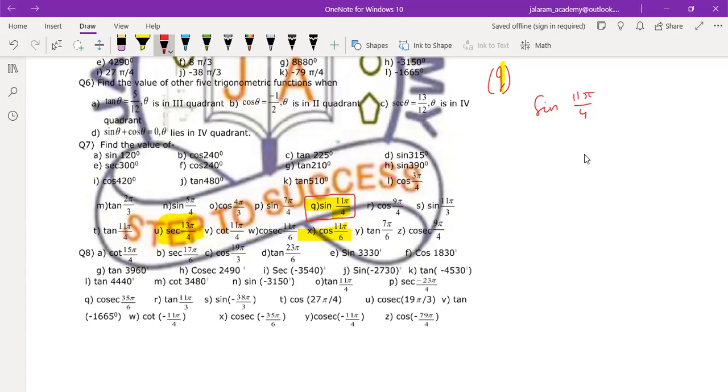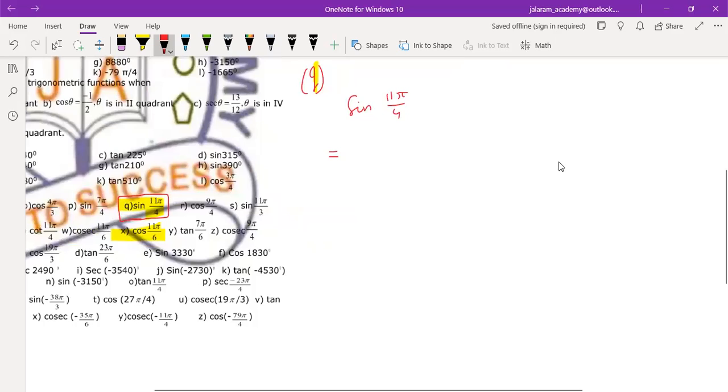don't change it to degrees. I have seen students changing pi to 180 degrees. Though you can do it like that also, it is wasting time only. And it will make it harder to understand the topic properly, as everything is in terms of pi this year. Okay, not like class 9th or 10th. This time we have to learn everything about this pi also, pi radian, which is 180 degrees.